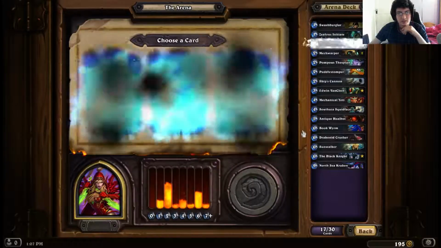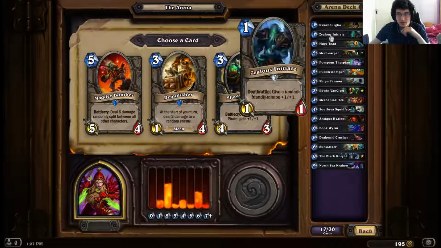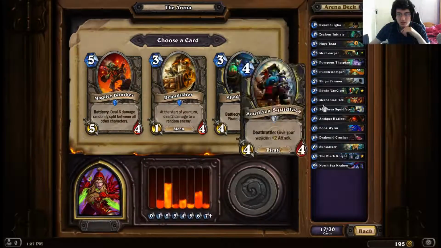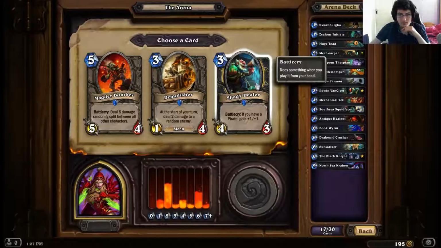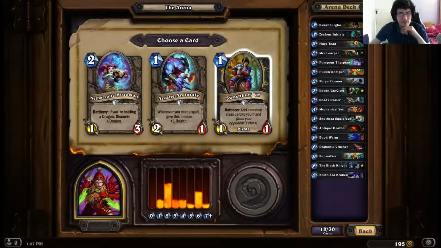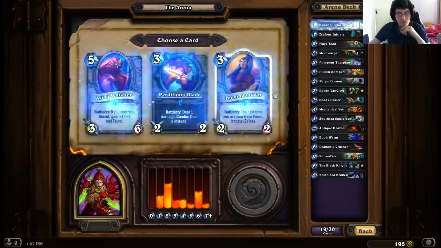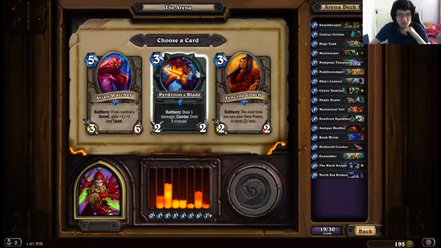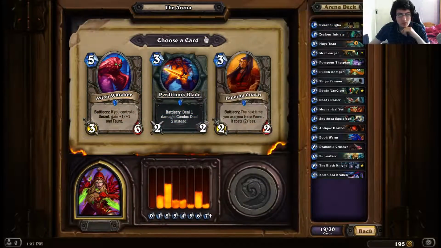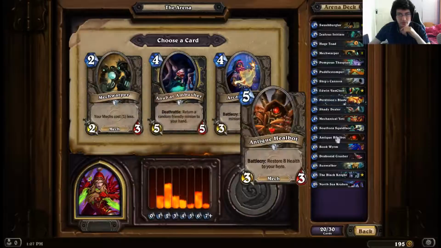And I'll take another 2-drop there. If you have a pirate, gain 1/1. Well, we do have some pirates. Yeah, sure. 4/3s are fine as well. No Swashbuckler, I guess. We don't have any weapons, so I'm okay taking up additions here. I'm not going to have any secrets or anything, so...